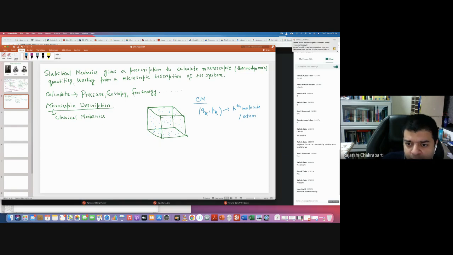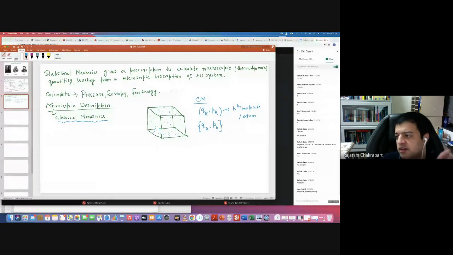So how many are there? So basically you have a set of position coordinates and momentum coordinates that describe your system, if I stick to the classical mechanical description. So this is at the individual particle level or individual molecule level. The position of the particle is this, the momentum of the particle is this. Of course, these are going to change as time progresses because each of these particles is following Newton's equation of motion. That is what I mean by microscopic description.